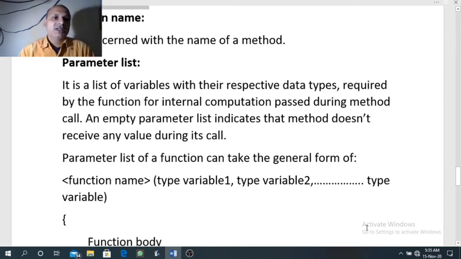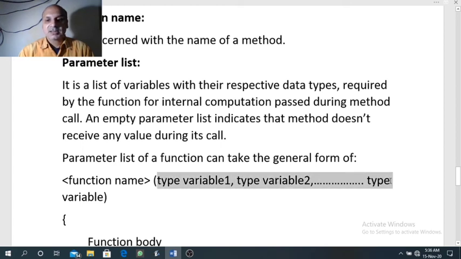So inside the argument list, when a function receives a value, the syntax is first we need to write the data type, then space, name of the variable, comma, again data type, space, name of variable. Like this, we can mention as many variables as the function receives or the function requires. But if the function does not require any argument, in that case the parameter list can be blank.